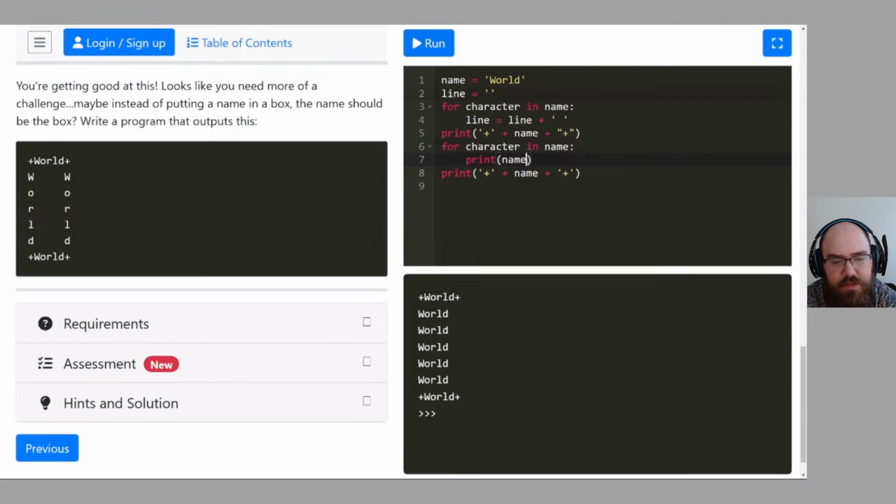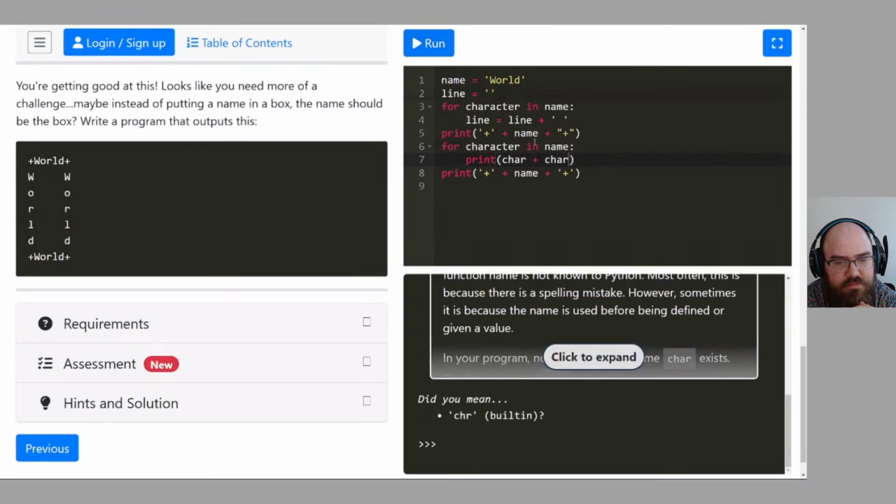Well, on the second line of output, you output world, but we just want W. So how can you make that change? Character? Sure. Okay. How about... wait, no way. Damn it. You know it's not that easy. But why? Scroll up to see your error.